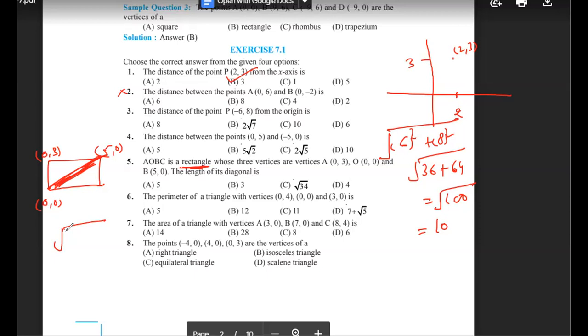How can you say? We are doing question number 5, right? Mm-hmm. 2 root of 17. 2 root of 17. There is no such option. It will be simply you have to find out the length of these two, and the coordinate of this one is given. So if one coordinate is 0, what you need to do is write here 5 square plus 0 square. You can write it root of 5 square. You can write it 25 means 5.